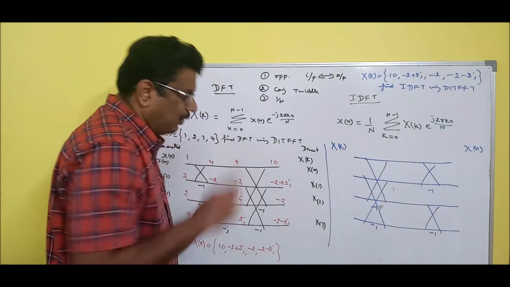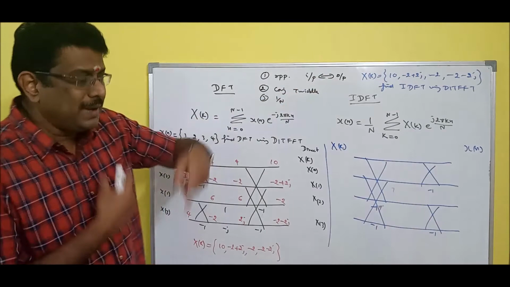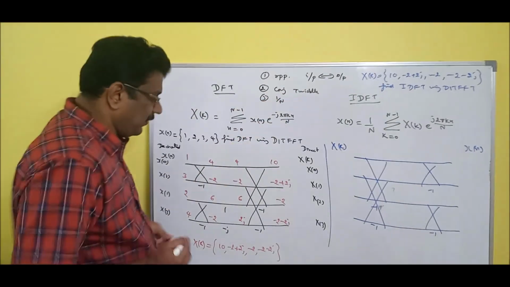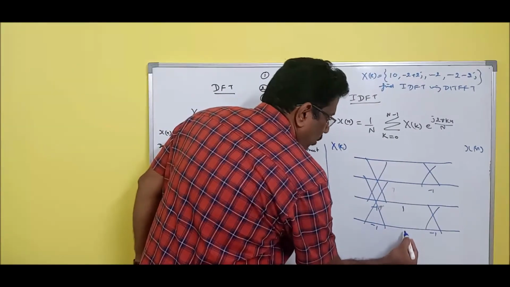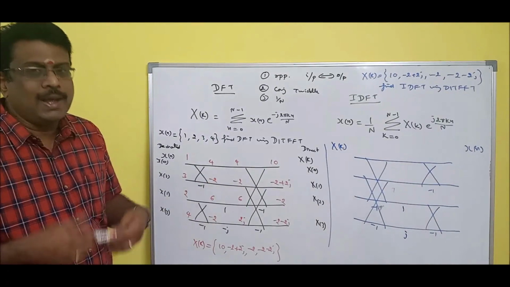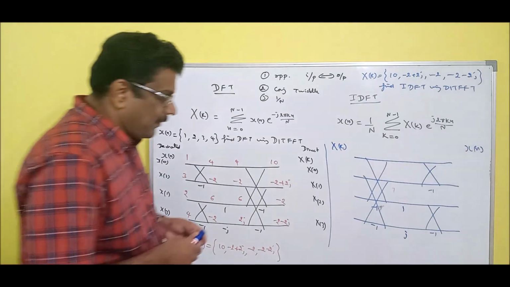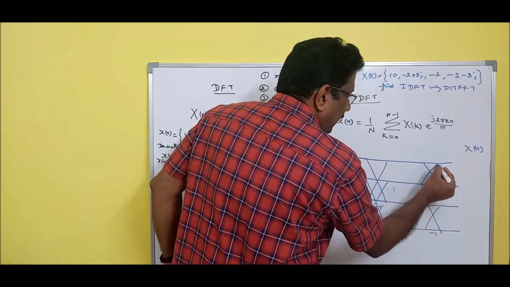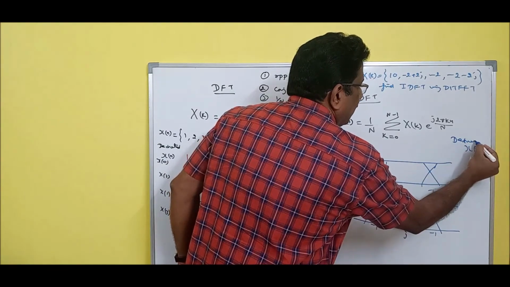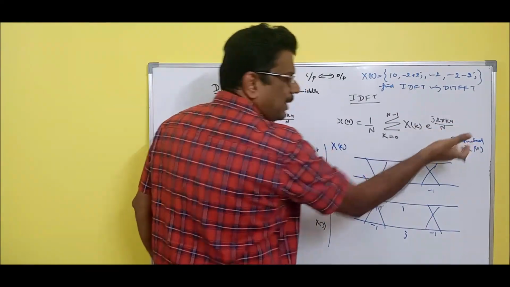Careful. What is the first point I told? Input and output should be interchanged, opposite. What is the second point? Conjugate the twiddle factor. Carefully listen, my dear. Because here it is minus j, there it should be plus j. Where is it decimated? One basic point I told: where I am having the 2-point butterfly, there only it should be decimated. And it works out, decimation in time. Time is decimated.